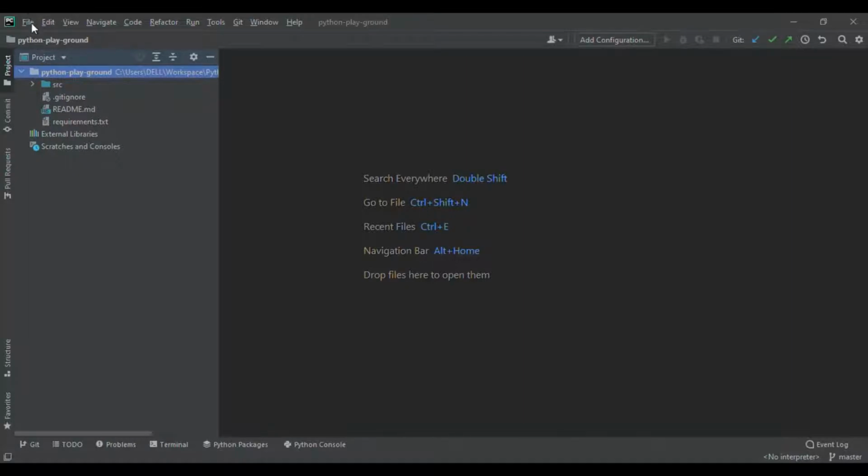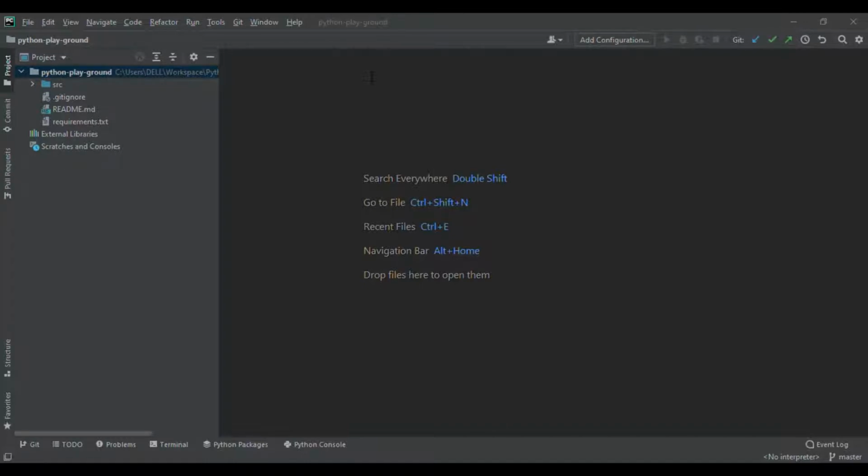And you can go to settings and project structure. Before that, you can download a lot of plugins. Some of the useful plugins: if you are going to work on data science, just search for big data, but it is available only for the ultimate edition, so it is not available here.